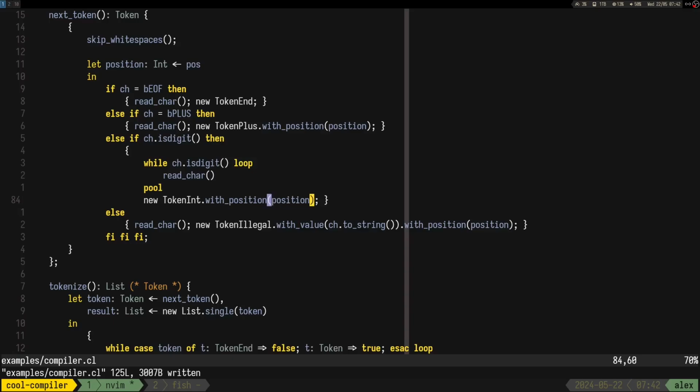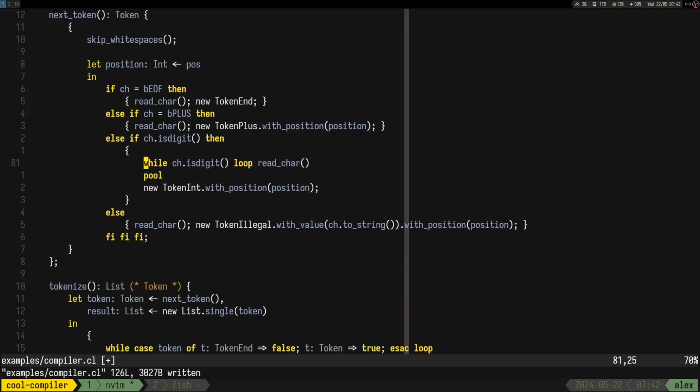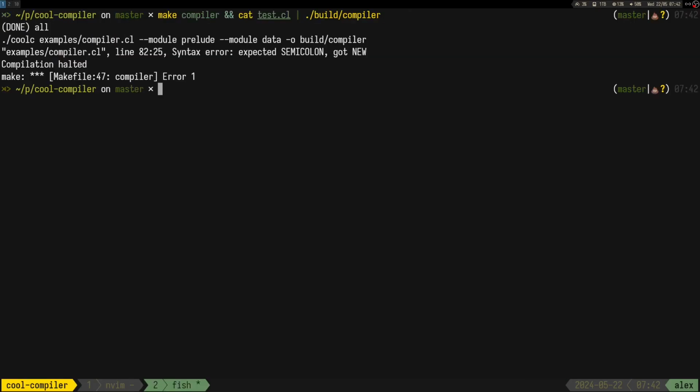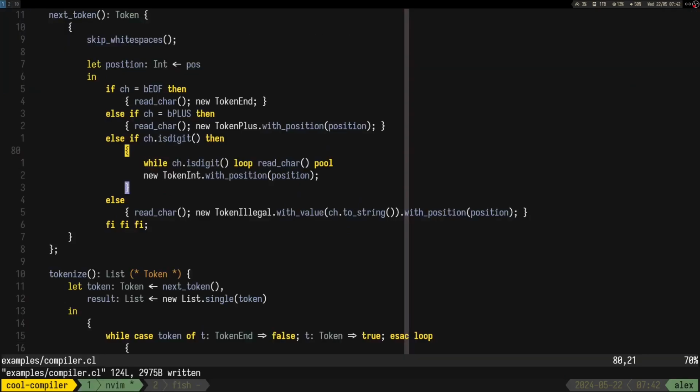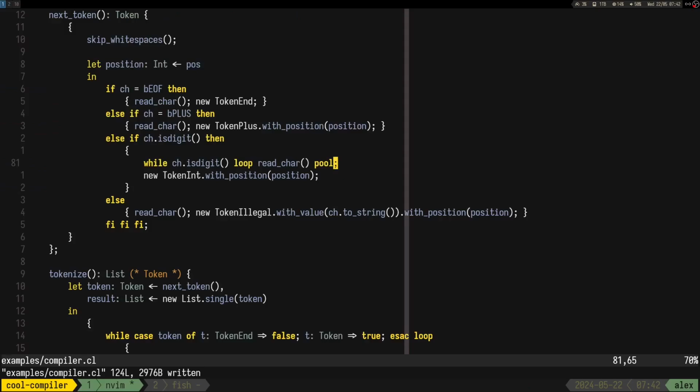So we should only see one integer now. We don't. Okay, doesn't work. Okay, why doesn't it work?